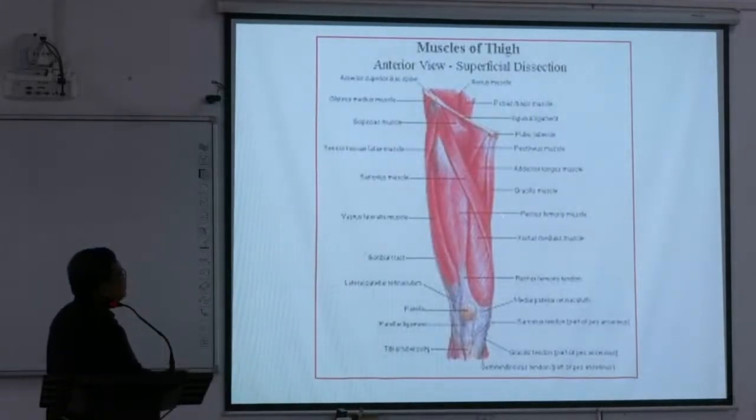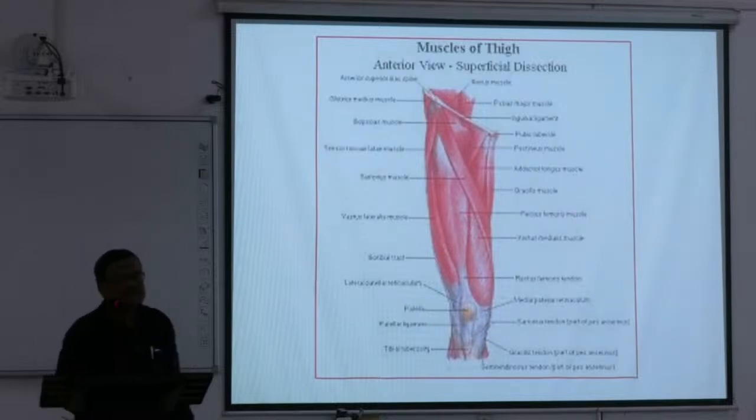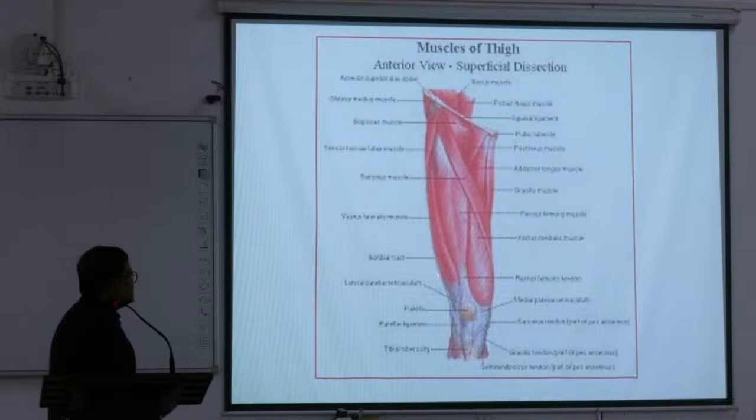This sartorius has no relation to the knee joint except in coming into relation; otherwise it is in no way related. This is the rectus femoris. This is the vastus lateralis, vastus medialis, and inside there will be a vastus intermedius. These four muscles we call quadriceps femoris. These quadriceps femoris become tendinous in the lower part. See, the muscle bellies gradually diminish and become tendinous. And ultimately these quadriceps femoris are inserted into the patella.